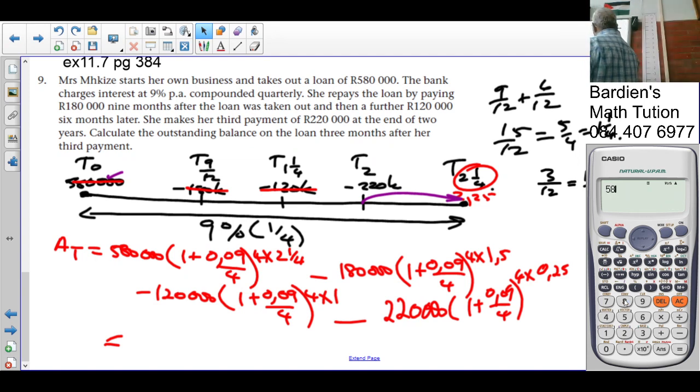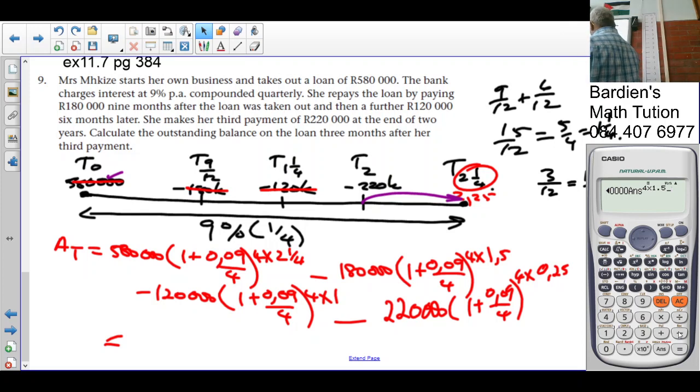So we're going to get 58,000 times the answer to the exponent 4 times 2.25, minus 180,000 rand times the answer to the exponent 4 times 1.5,